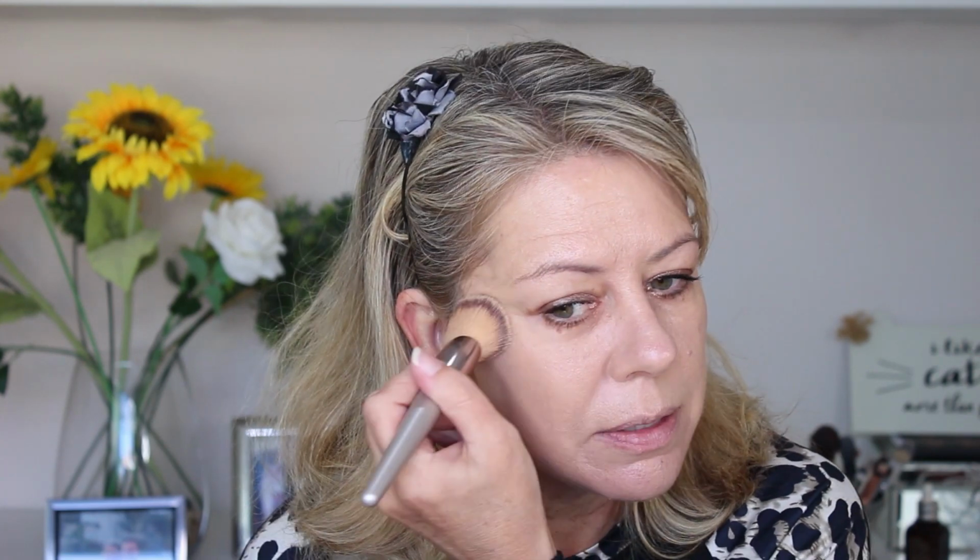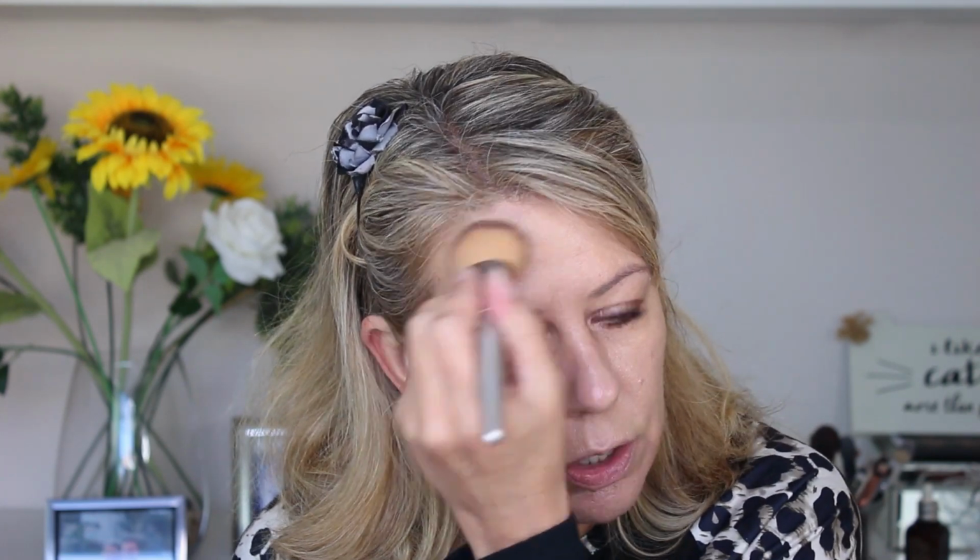It's just giving a really, really nice finish. So it looks like it needs to kind of set and dry down just a little bit. So while it does that, I'm going to go onto my brows, and today